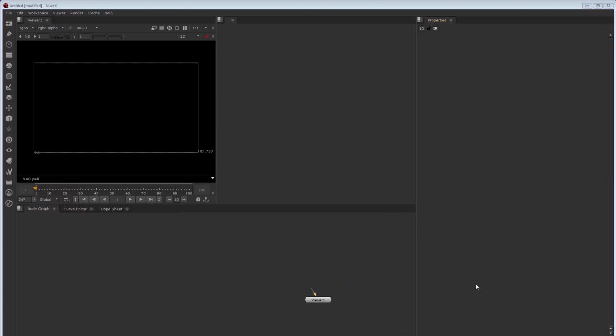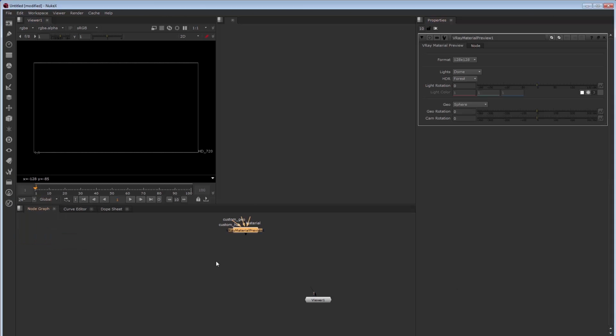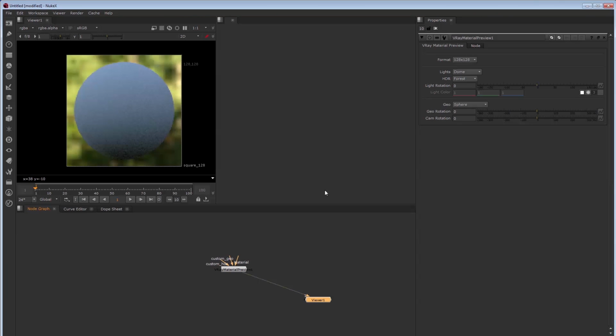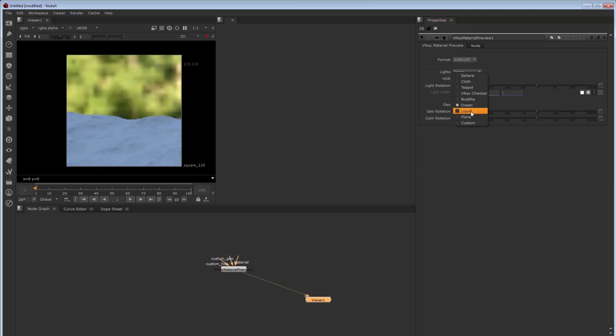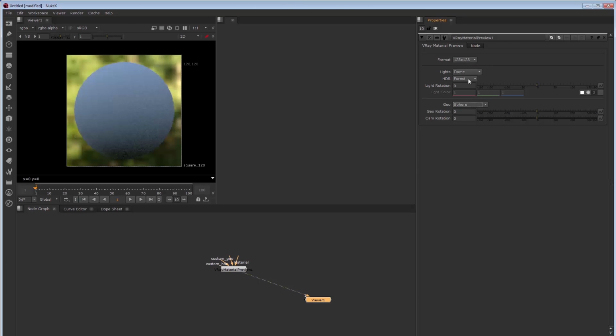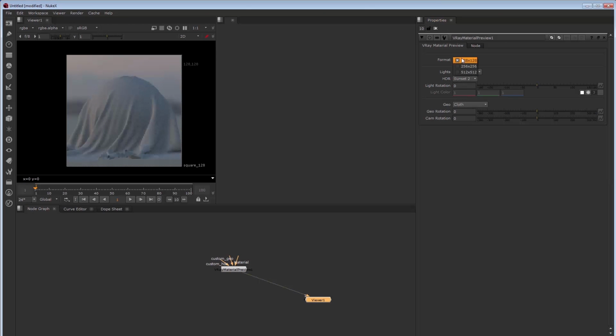So another really cool feature of V-Ray for Nuke is the V-Ray material preview. In this node, the defaults are to provide a preview HDR and a preview geometry. You can change the geometry, the HDR, and even the lighting style, and even the format to make it higher resolution if you want to see more detail. So let's change the geometry to cloth and the HDR to Sunset 2. We'll change the format to 512, and